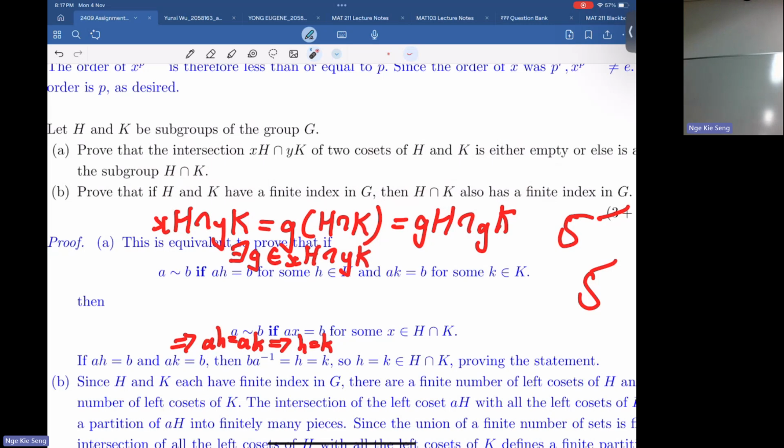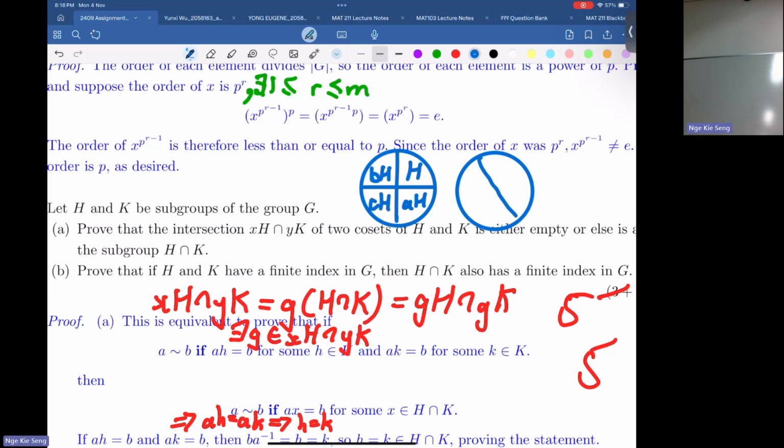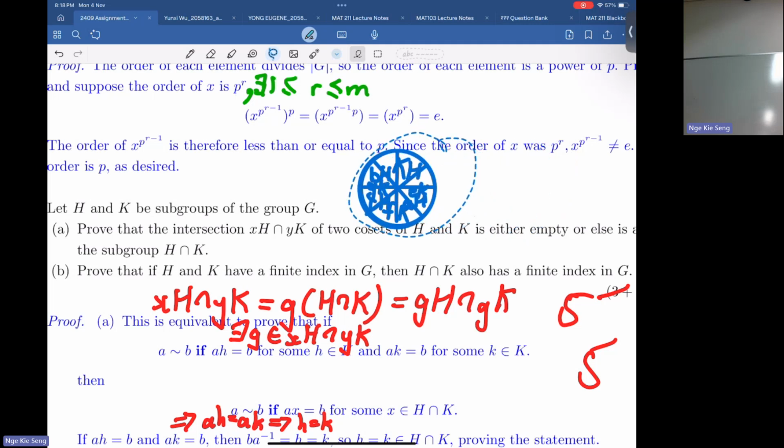Can you draw it? How do I draw it out? Didn't we teach in class how to draw a group? Usually we draw a circle, right? Okay, so let's say you have a way to cut it into H, AH, BH, CH. K, maybe K is cut this way. How about this way? K, and then do we still have AK? Maybe have other things, EK, FK, and GK. So how do you take the intersection? Well, you just put them together and intersect.